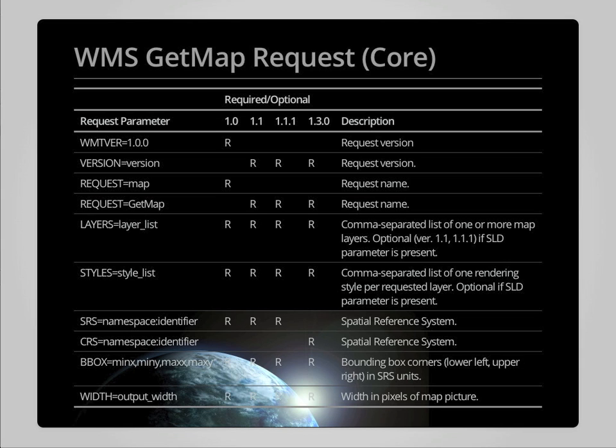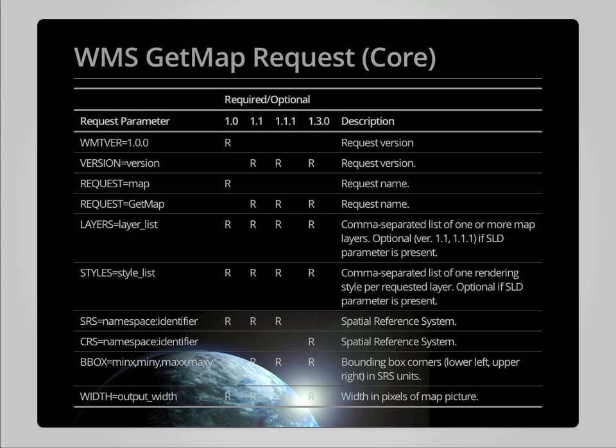Otherwise, you're going to generate an error. There's a note here that if you're working with an SLD-enabled service and you're specifying an SLD parameter, that styles parameter becomes optional, but that's beyond the scope of what we're working with here in terms of essentially the core